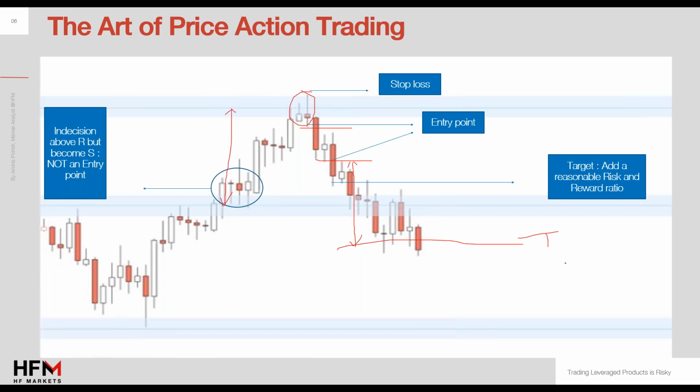No, that's up to you. It shouldn't be one to one. The decision on what your risk and reward ratio will be is solely up to you. I'm just giving you some ideas, okay? This could be target 1 and the next support could be target 2. Or if you don't want to do it this way and you are solely relying on your risk and reward ratio, then do that. It shouldn't be 1 to 1, no. It could be 1 to 2, it could be 1 to 3. This is up to you.